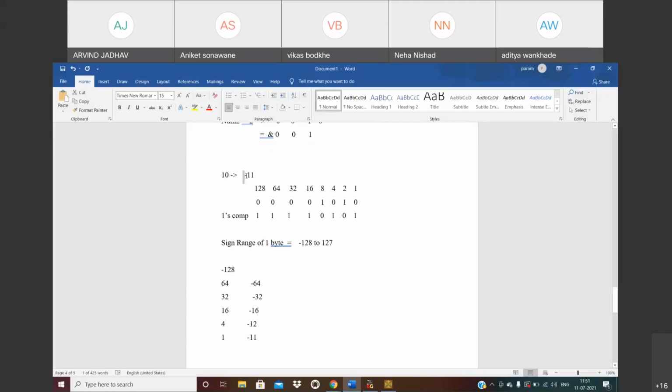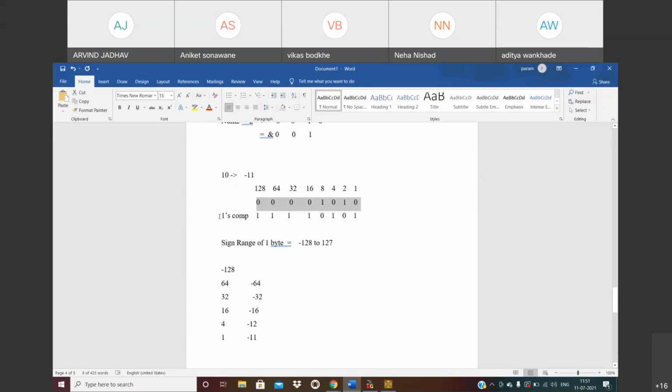So see, input मैंने 10 दिया था, but the output is -11. ओके, similarly आप बाकी की भी परफॉर्म कर सकते हो. Okay, so make a note of that. Just first of all, we need to convert this number using binary.